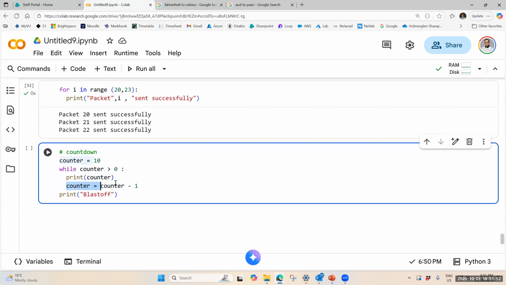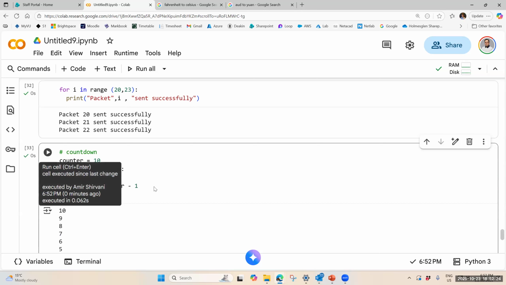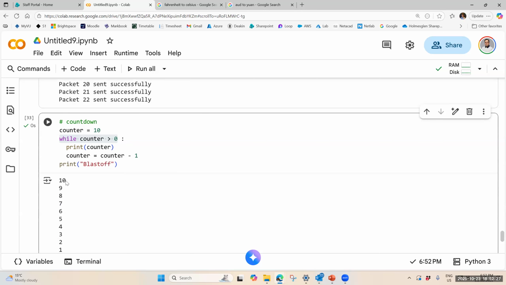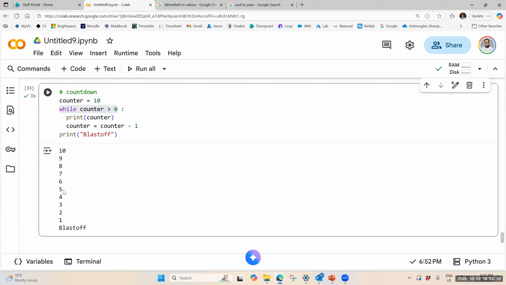Then again, it goes to the next line. Now reduce 9 by 1. Should be 8. Again, 8 goes up to this line. Is 8 bigger than 0? Yes. Print it, reduce it. 7. Is 7 bigger than 0? Yes. Print it, reduce it. 6, 5, 4, 3, 2, 1 eventually. 1 minus 1 is 0. So 0 goes back to this line. Is 0 bigger than 0? No, it's not. So it will stop. Let us see. When you run it, you see firstly it printed 10, 9, 8, 7, 6, 5, 4, 3, 2, 1,